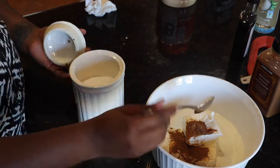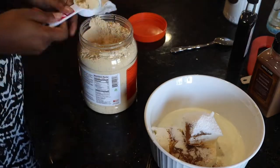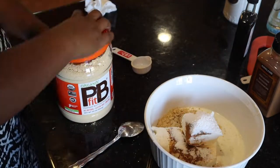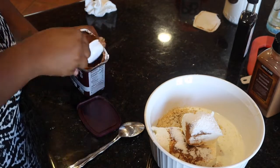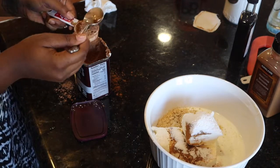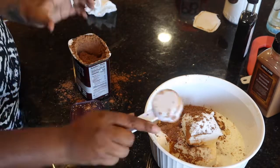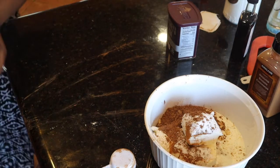And then lastly, for your dry ingredients, you don't have to use peanut butter powder, and you definitely don't have to use this peanut butter powder I have here, but I like the peanut butter because it kind of gives it the taste of like a Reese's. I use 1/8 of a cup of peanut butter powder to the mixture. And for the life of me, I couldn't find my tablespoon measuring spoon, so I used the 1/8,